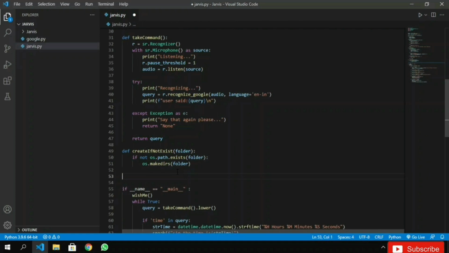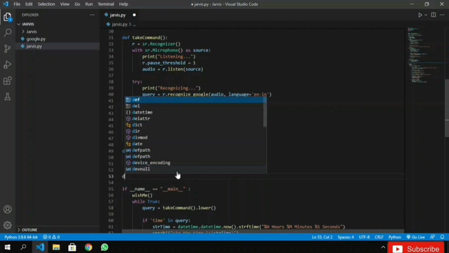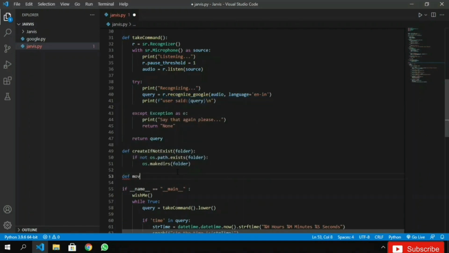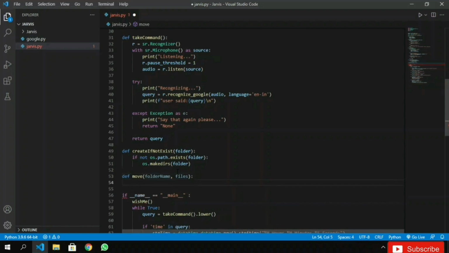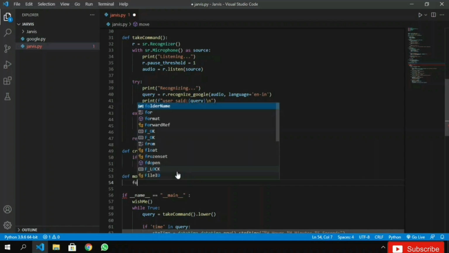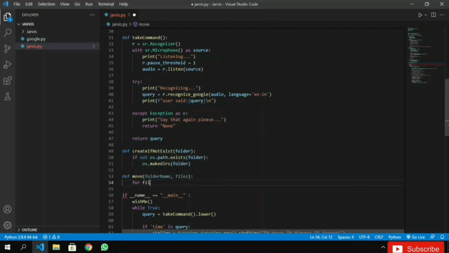Now def move open bracket folder name comma files, now for file in files